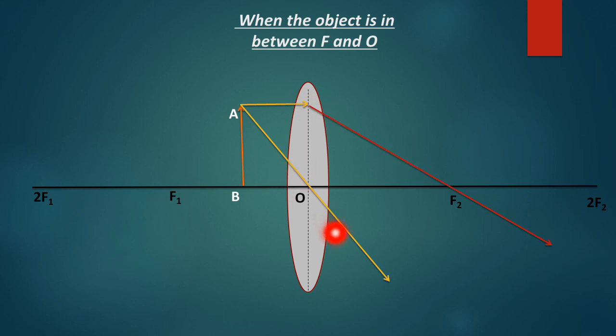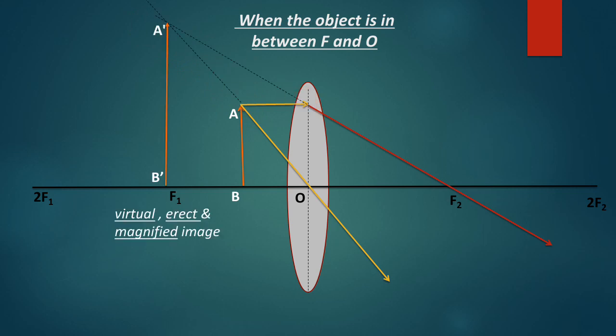Now you see this refracted ray will pass from the focus, but they will not meet because they are going away from one another. So that's why we will produce these two rays backward in order to get the appearance of the image, correct? The apparent position from where the light rays are coming, from where these refracted rays are coming. So if we produce the lines backward, we'll get a point here. This is the position which is the image of this A, that is A dash,